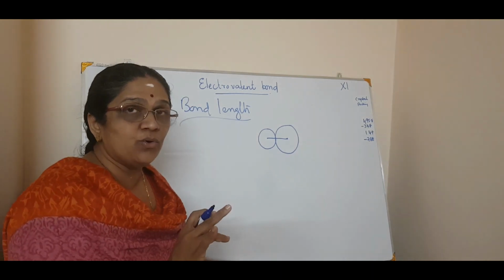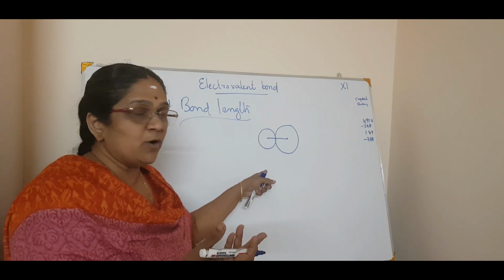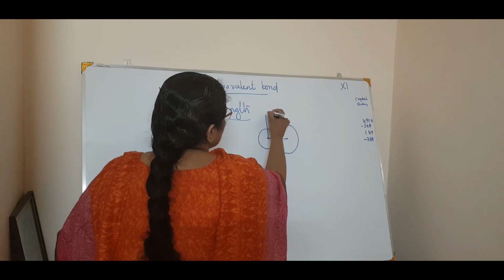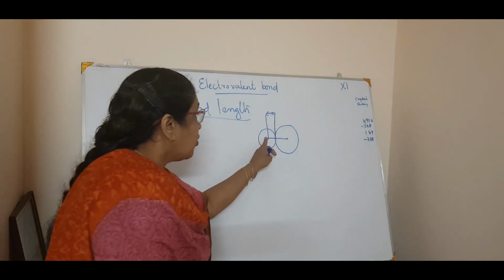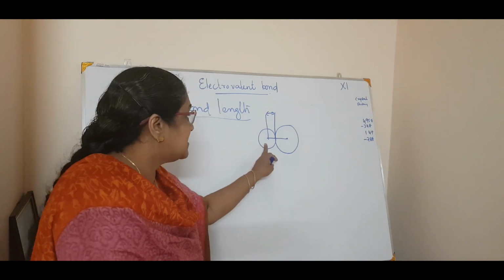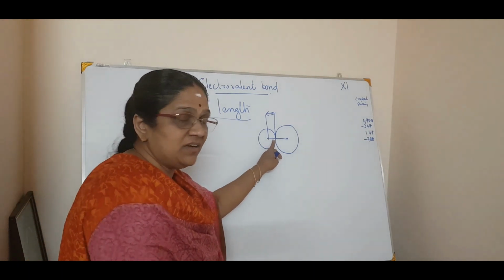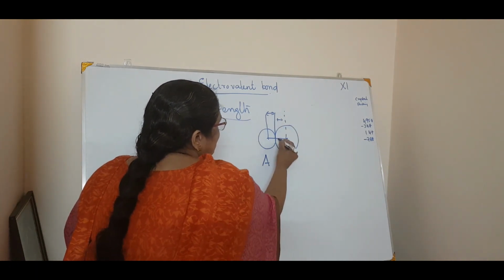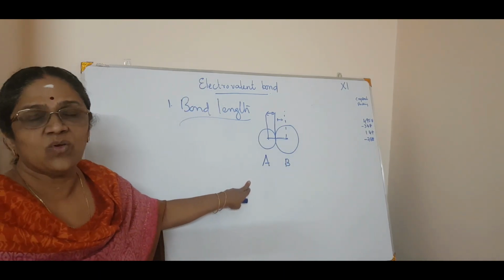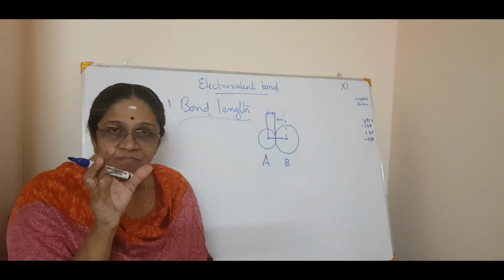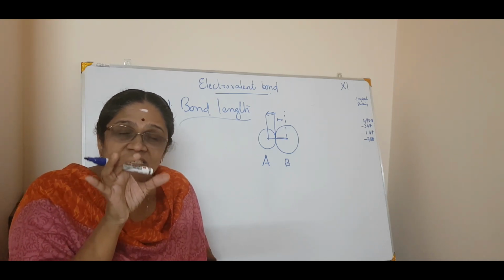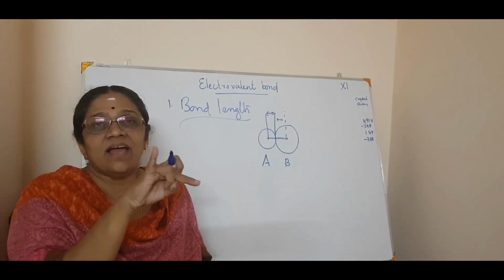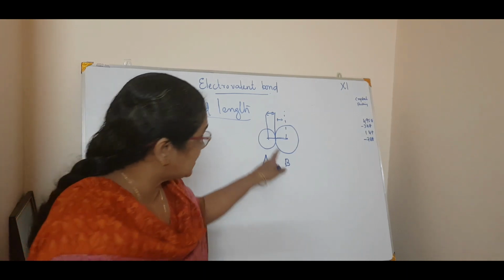Isn't it? Now, what is the radius? If it is a covalent molecule, you know covalent molecule is Cl. What will be from this to this, center to this? This is the covalent radius. Isn't it? This is the covalent radius of this atom, hydrogen, or if we say A. And what is this? This is the covalent radius of the atom B. Isn't it? You know what is covalent radius? Covalent radius means half the distance of the covalently bonded atom. Isn't it? Half the distance. So this is the covalent radius.